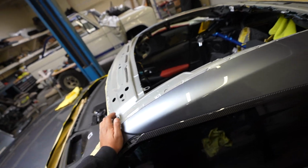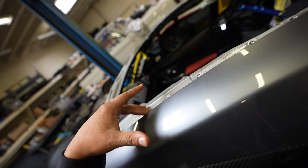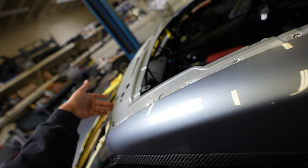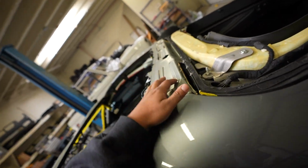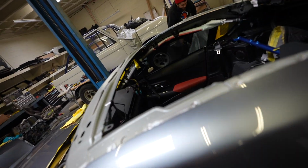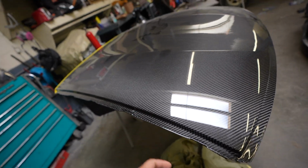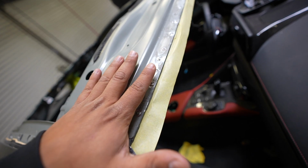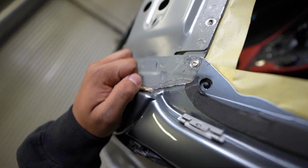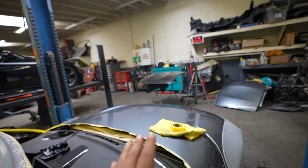So now, as you guys can see, we drilled out all the spot welds all throughout the car. You're gonna have some on the driver's side, passenger side, the front right underneath the windshield, and the back jam right here. There's a bunch on the back. So once we are at this point, we re-prep the car to prep the new carbon fiber roof. Sometimes you gotta trim them a little bit. Although this one fits pretty well. We're gonna finish grinding down all the spot welds, remove all the excess caulking so we can get this to sit as flat as possible. From there, once we've done our test fitting, we'll use panel bond to attach the roof to